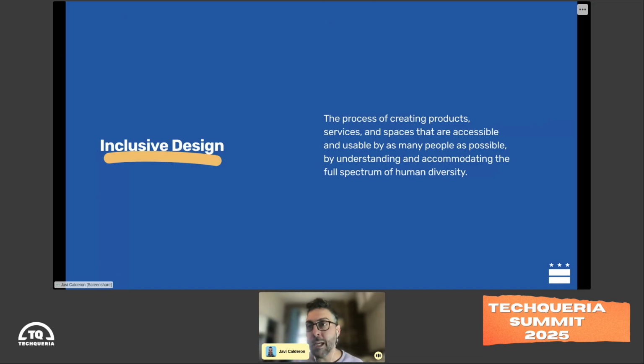And design is really an act of being intentional towards solving a particular problem, right? So we could be designing an event. We could be designing a community space. We could be designing the basement of our apartment building to create a space for our neighbors and the people who live in the building, right? There are a lot of different ways that we can apply this concept of design and of inclusive design.